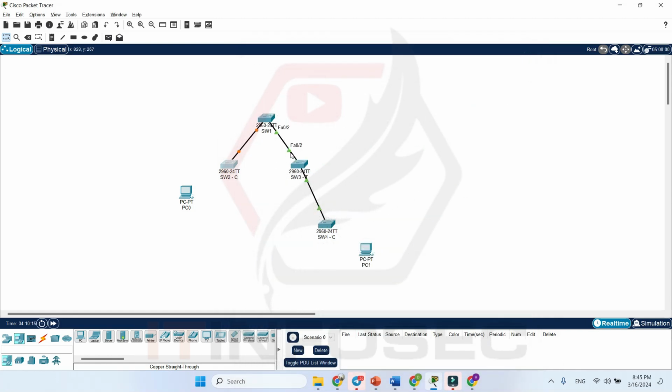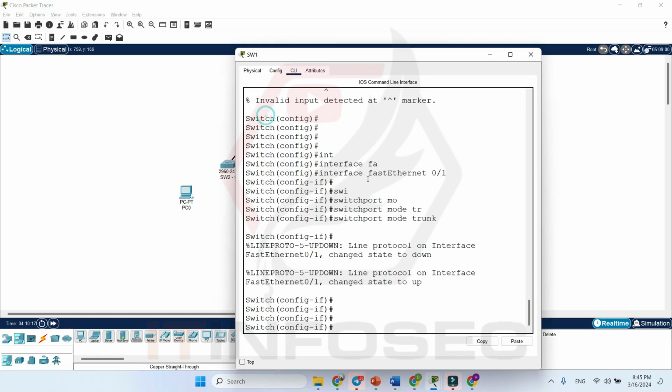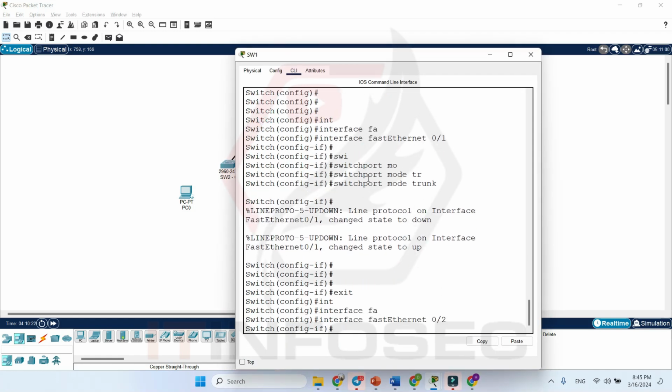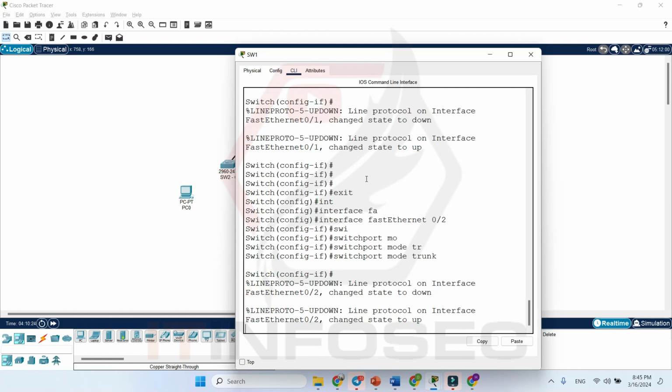This is FastEthernet 0/2 to 0/2, interface FastEthernet 0/2, switchport mode trunk, and on